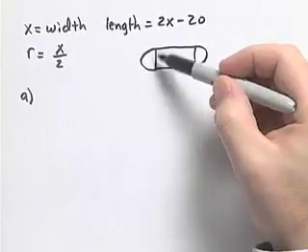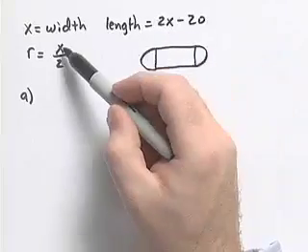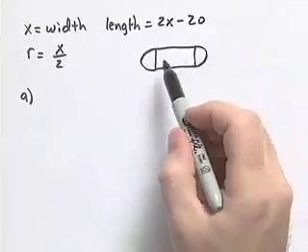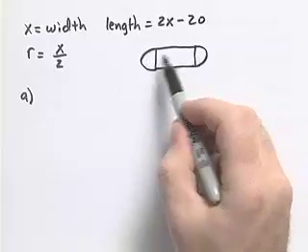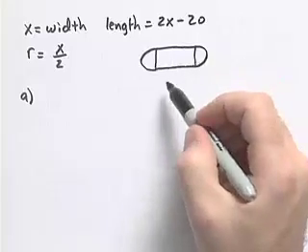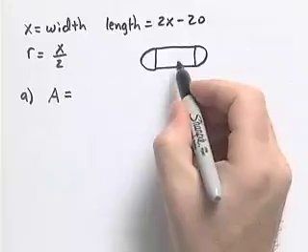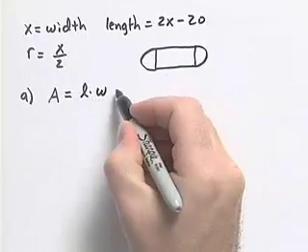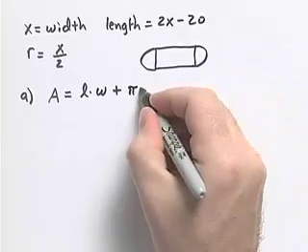The radius of the semicircle is half of the width. Since we said the width is x, the radius will be x over 2. To get the volume of the ice, we want to start by finding the surface area of the ice. If we consider these two semicircles, we could put them together to form a complete circle. So we really have a rectangle and a circle that we need the area for. So the total surface area is going to be the area of the rectangle, which we'll write as length times width, plus the area of the circle we get by combining the ends, which will be pi times the radius